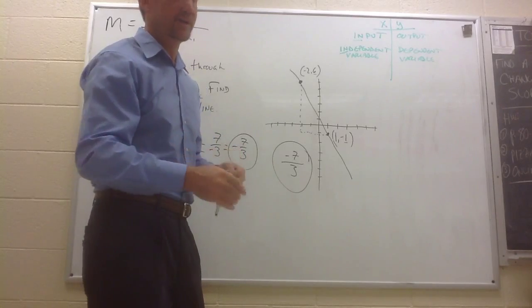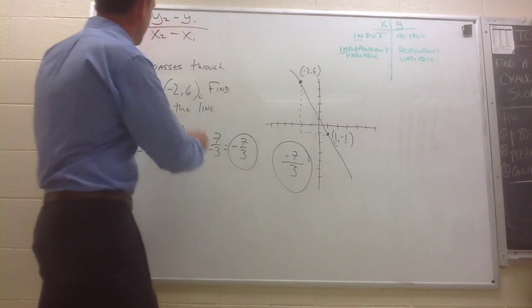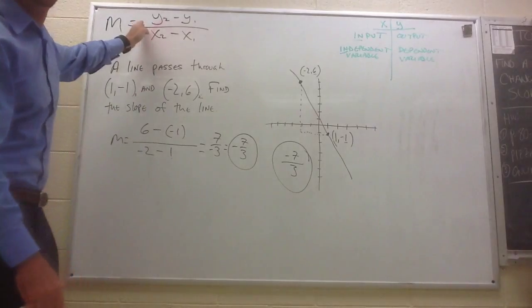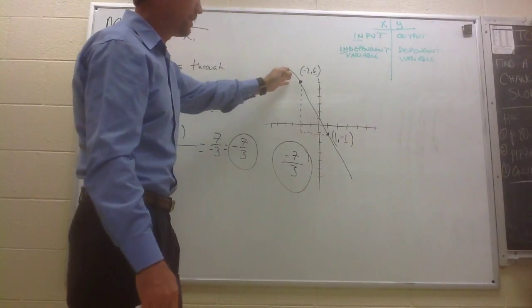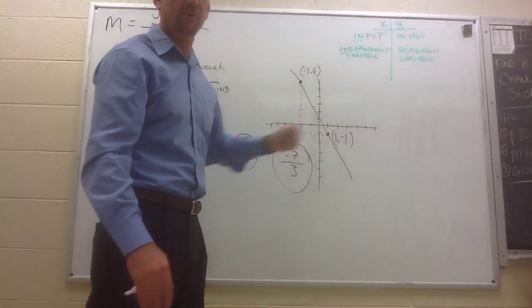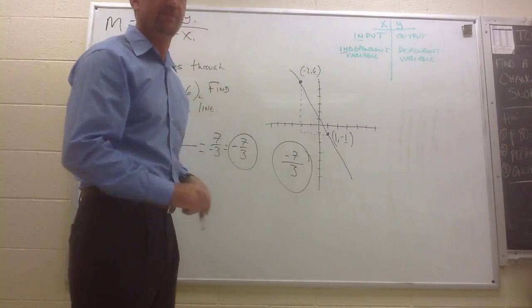Either way works depending on what you're given. If you're given the 2 points, you probably want to use the slope formula. If you're given the graph, go ahead and just plot your vertical change and your horizontal change. Once you get some practice on that,